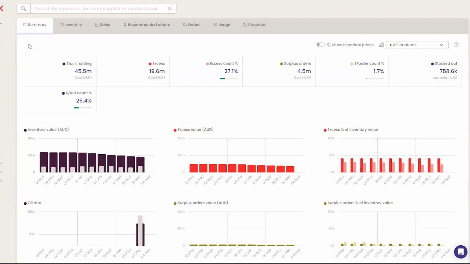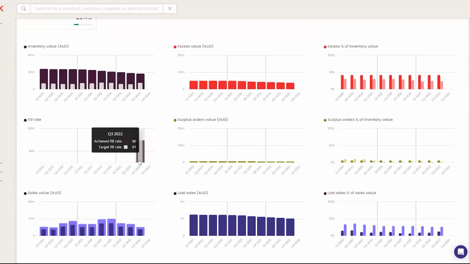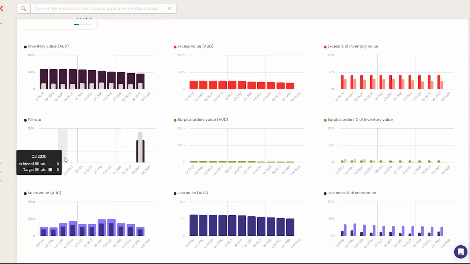But here we can see the total view for this company. So there's several locations in this company. And this now gives us a true representation of the total amount of excess that we have across all of those locations. The excess percentage, the surplus orders, if we're stocked out. We also have fill rate. So fill rates, capturing and saving this at the all locations level is relatively new. We only introduced that with this exec dashboard. So when we're selecting all locations, it takes a little while to accumulate all of the snapshots and the historical data because we didn't have that history.